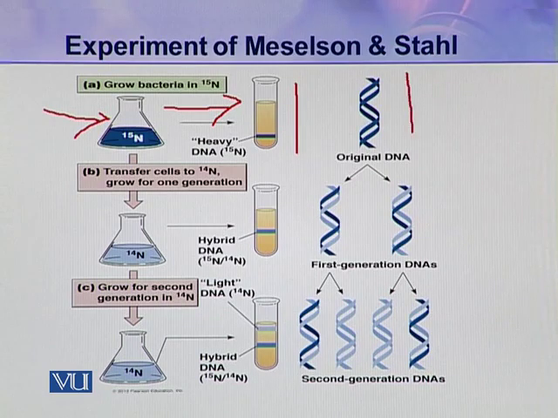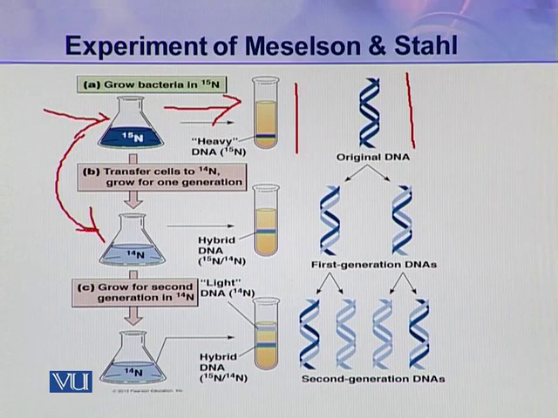Here you can see the DNA which contained N15, and there was no nitrogen containing N14. After growing the cells in this medium, they switched the cells to a normal medium,